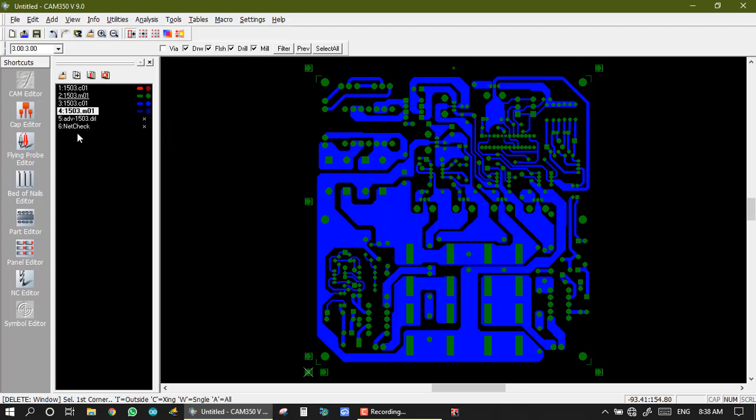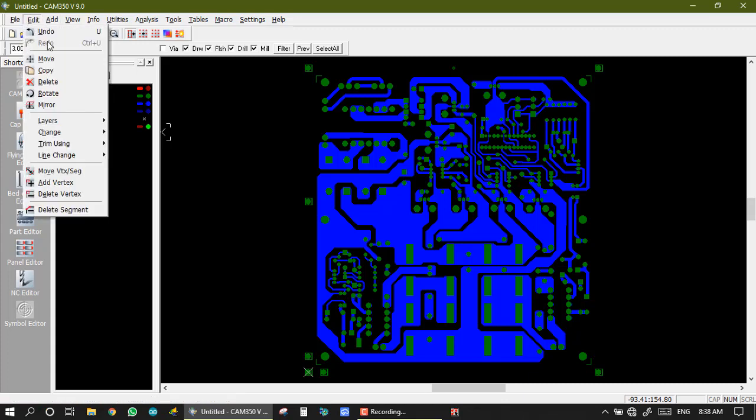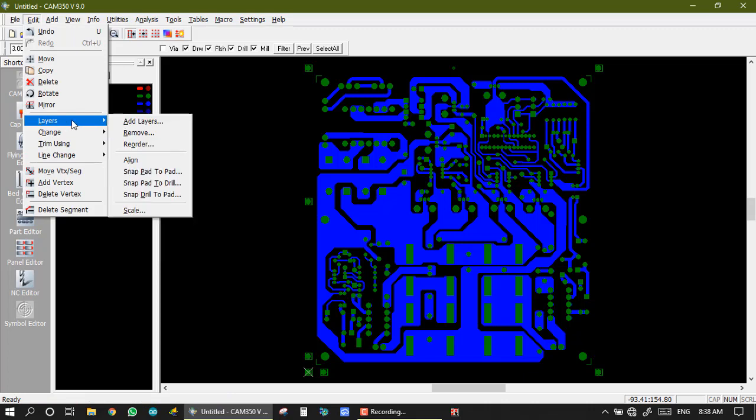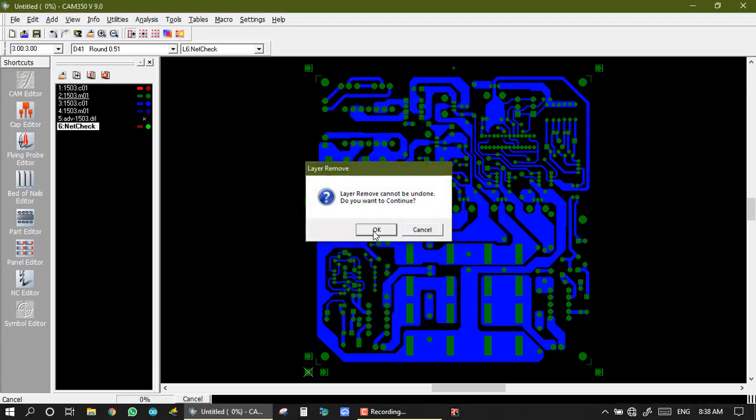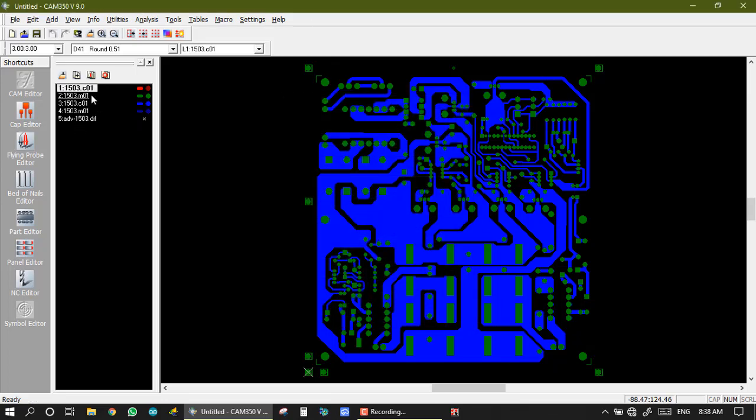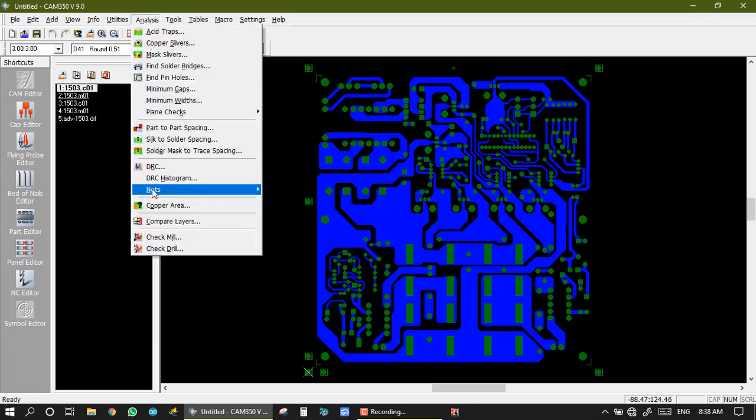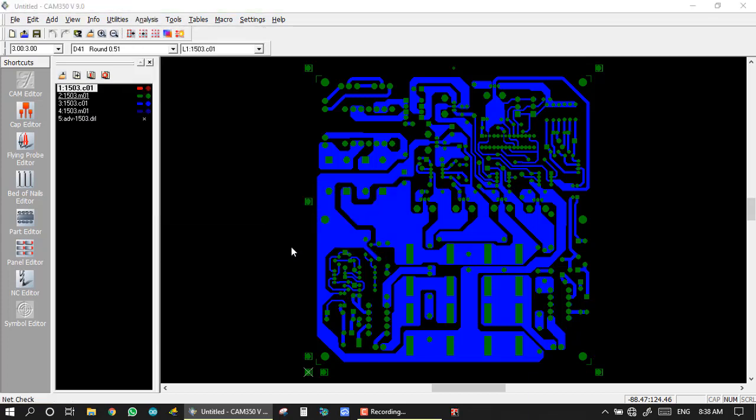And this my sixth layer is the net check. It is the error of the previous net check. So first we delete it. To delete a layer we go to Edit, Layer, and Remove Layer. I remove this layer, click OK, and yes. So we now have our original 5 layers. Now we go to Analyze, Net, Check Net, and OK.